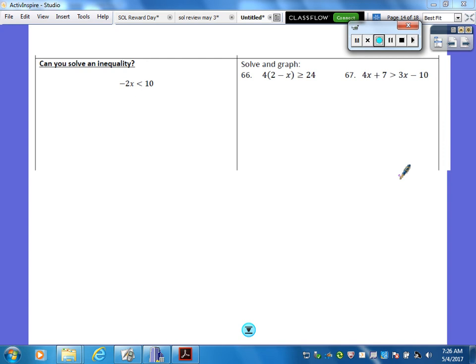Alright, so let's solve an inequality. This one would not be on a graph. This is just a regular old multi-step inequality. Now, our first example is really easy, but I wanted to point out something to you here, and that is